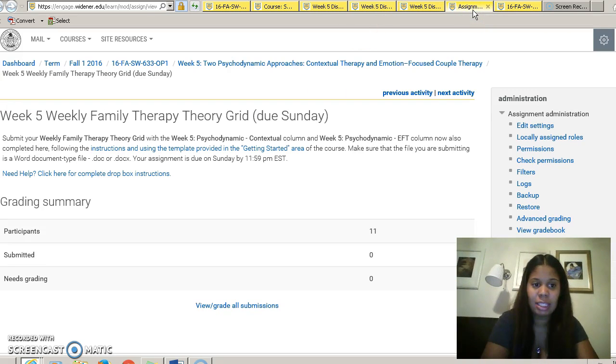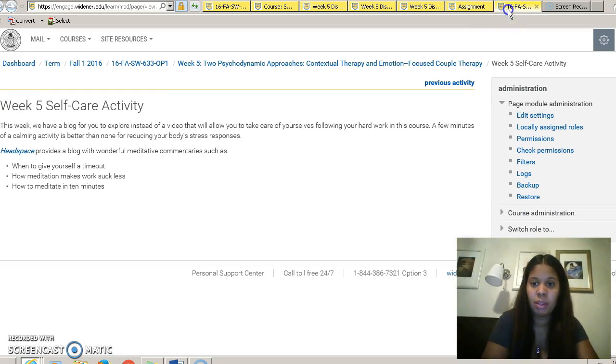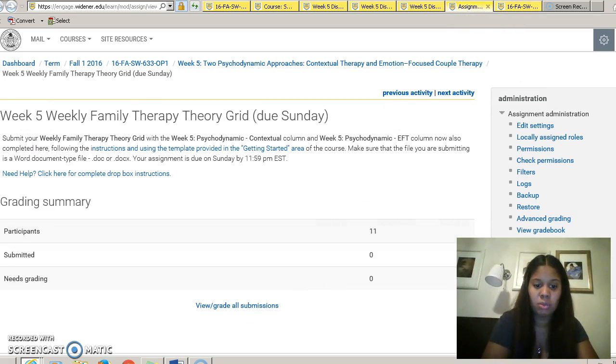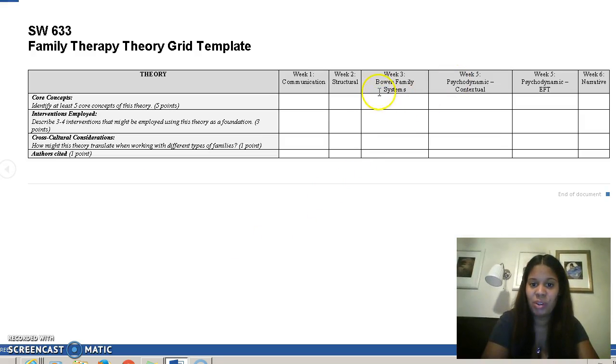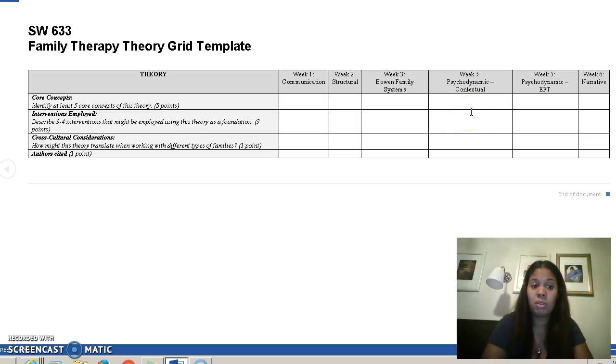And your last assignment is your weekly family therapy theory grid. And so that is actually what we've been working on. You guys have been doing a great job. You're going to be talking about psychodynamic contextual theory. So just make sure when you're listing your core concepts that you're being very detail oriented, and also with your interventions, because the idea of this form, honestly, is that you will take this with you once you guys are completely done with your MSW program, and you will find that this form is going to be so